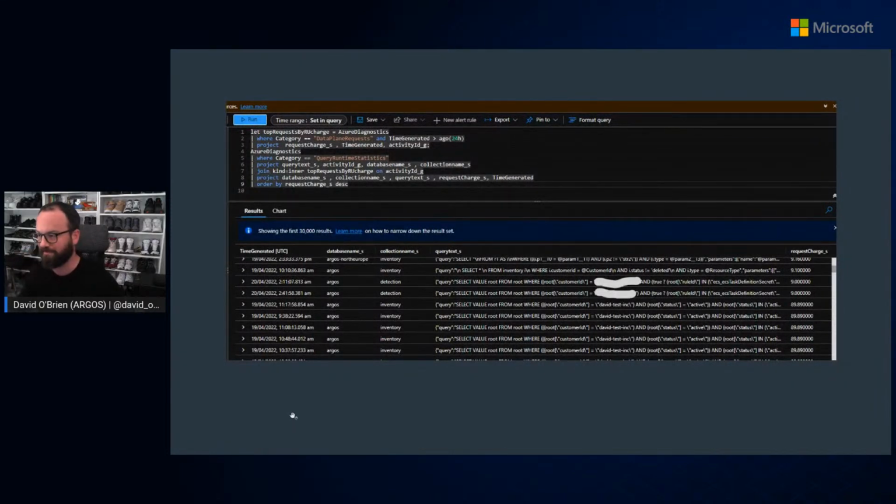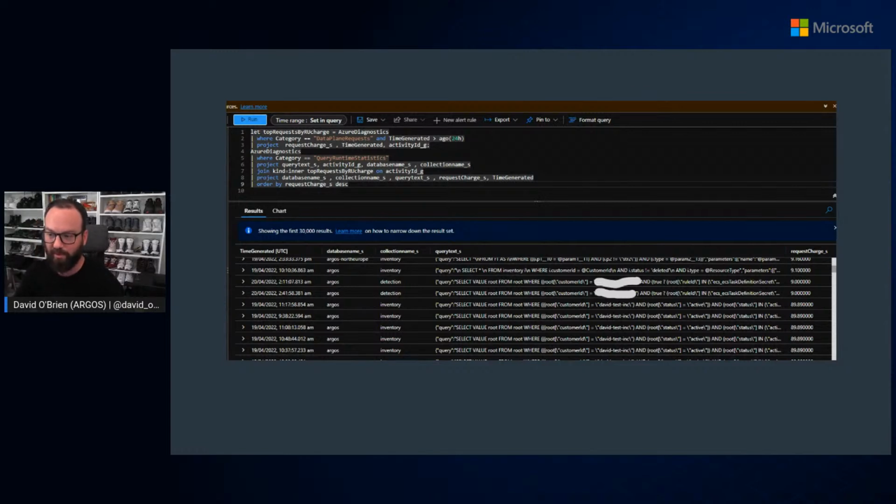One gotcha though. On the right, in the column you can see request charge _s. It seems like request charge is actually a string, not an integer. So in the documentation, and I do need to probably report that, it says order by this string, and it doesn't properly order by the number of the request charges. As you can see, 9 is not greater than 89.89.